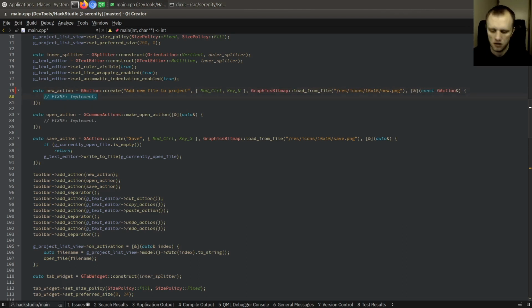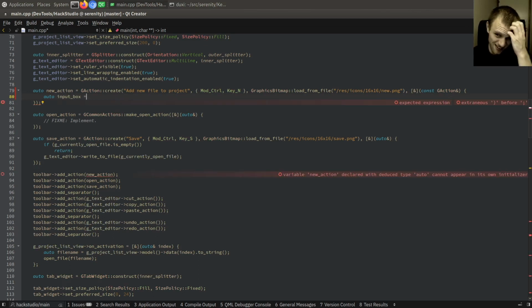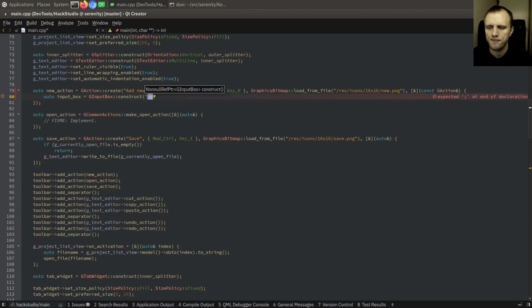And let's say that we will ask for a file name. So we'll make an input box. Let's just use a simple input box for now. Construct, enter name of new file,